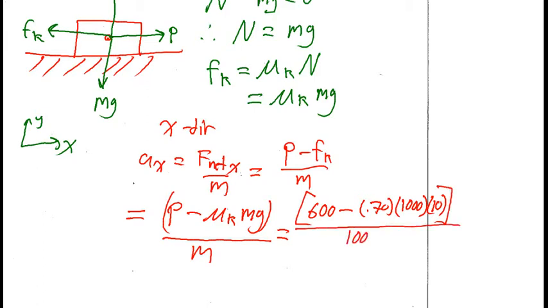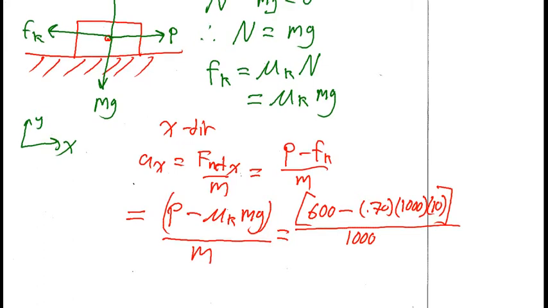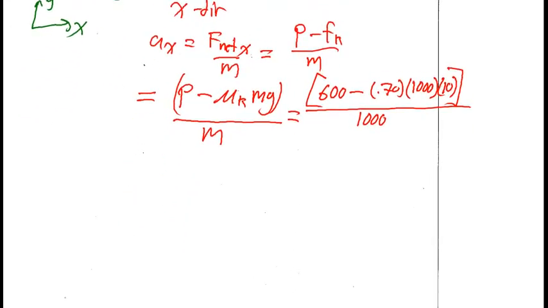Alright, so the second term is 1,000 times 10, which is 10,000, times 0.7, so that's negative 7,000, plus 600, so that gives us negative 6,400, and then divided by the 1,000 below,